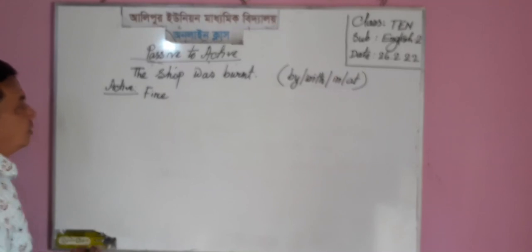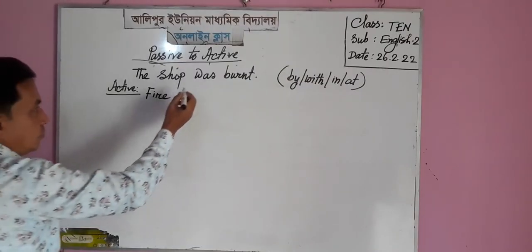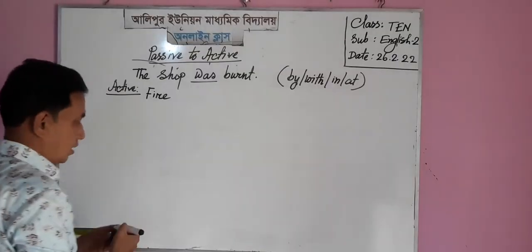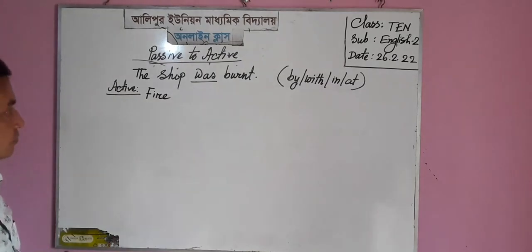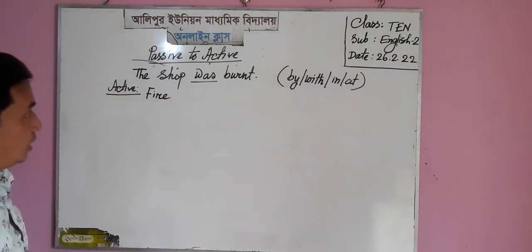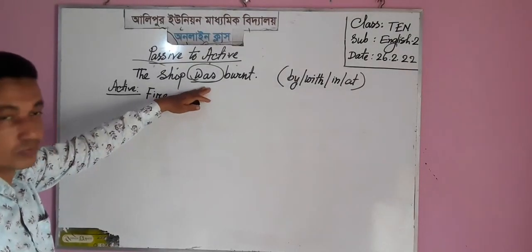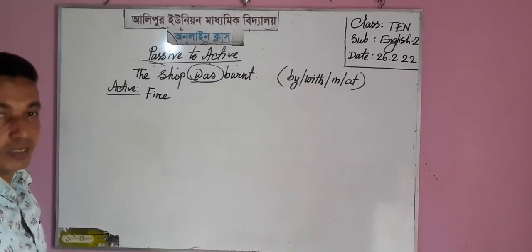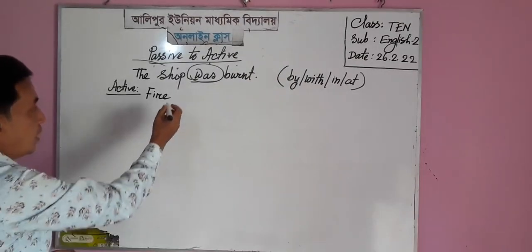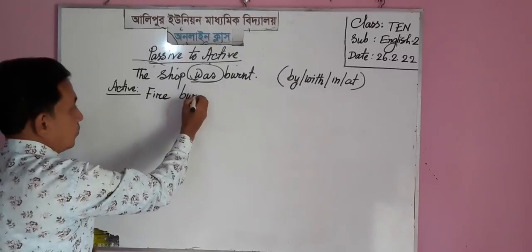And then we have to discard the unnecessary auxiliary verb of the passive voice, and as it is past tense, the unnecessary auxiliary verb will be omitted, and the verb would be in past form, and that's why burnt is the past form,